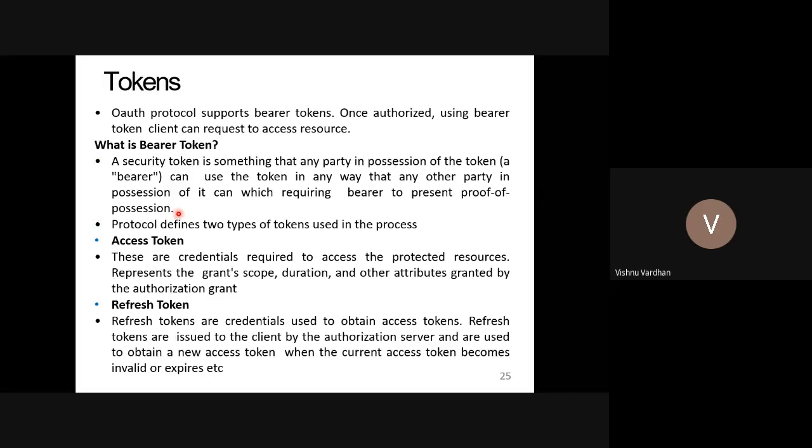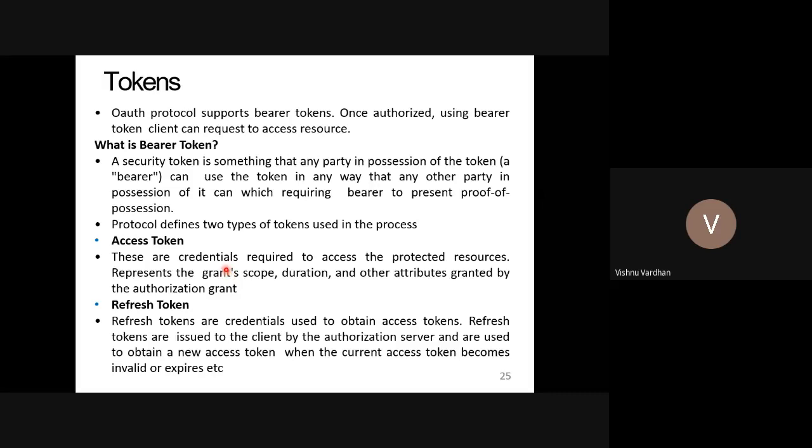To understand it easily with a simple example, suppose you have gone to a restaurant, and there you are going to get a token for your breakfast, or you want to take some sandwich or some snack items. First you have to go to the counter and pay the bill.